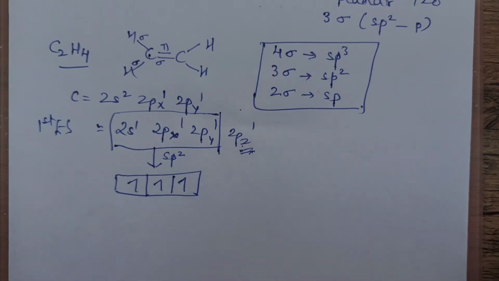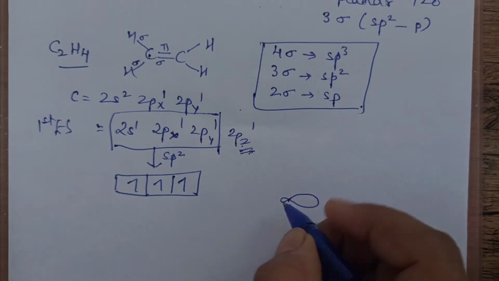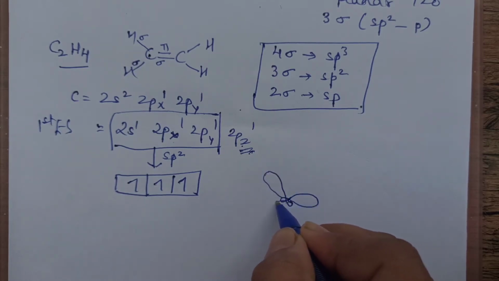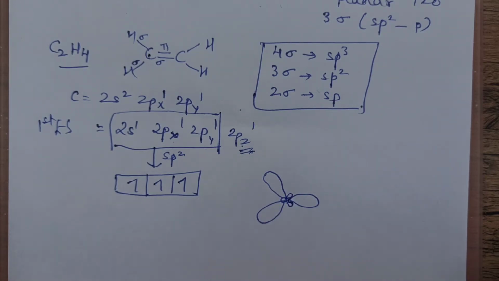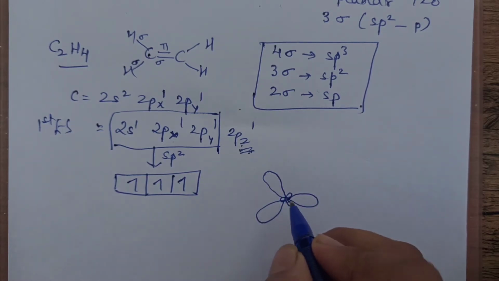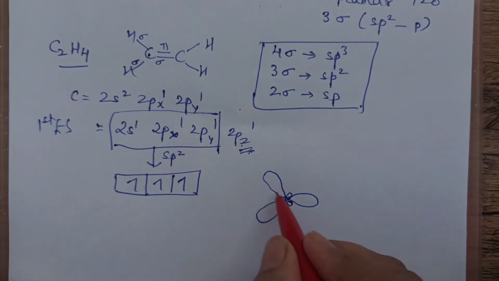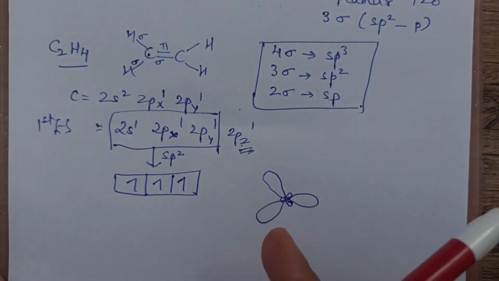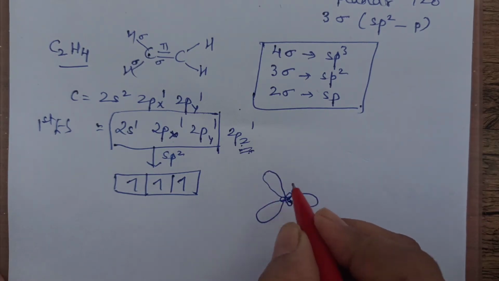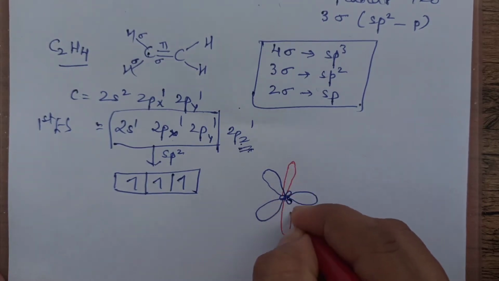Now how are these going to be arranged? I'll draw them in a slightly tilted manner because we have to show the pi bond also. One sp2 orbital, second sp2, and third sp2. Remember one thing, these three sp2 orbitals will be arranged in a trigonal planar manner only. The bond angle will be 120 degrees only. Okay, and there is one pure orbital present on this. This is in one plane, and above this plane, and of course below this plane also, perpendicular to this, there will be one pure orbital. Since it's a 2D figure I am drawing the pure orbital like this.